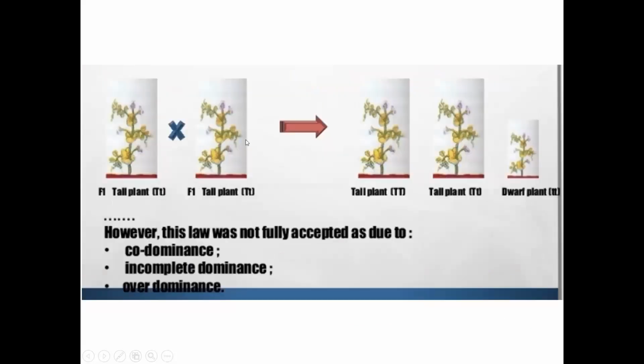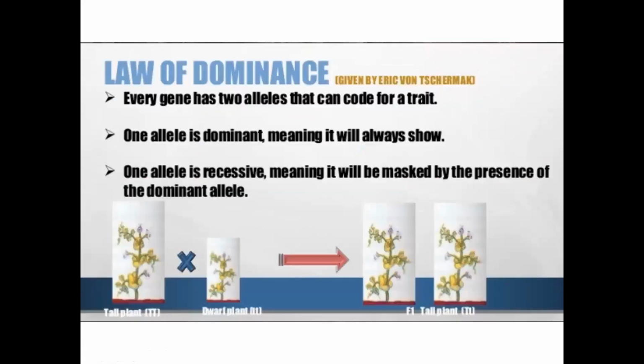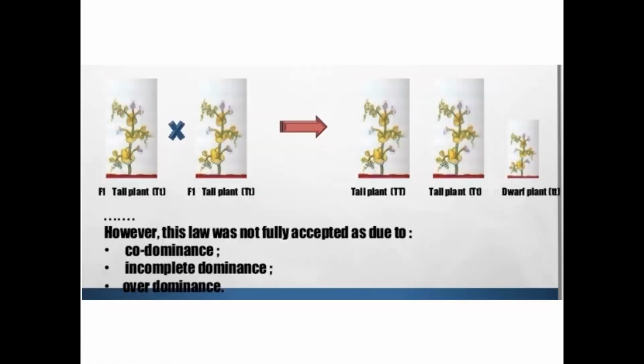Okay. Now, this is the test cross thing. You are self-pollinating the F1 generation. That means your capital T, small t are self-crossed. When you are self-crossing it, you are getting tall plants, capital T, then you are getting another dwarf plant, small t, and this is the hybrid one, that is capital T small t. Okay, this is the intermediate hybrid one. So these are the results of the first law. From this, he has concluded that there are always two opposite characters present, but one is dominant over another one. This is the law of dominance.